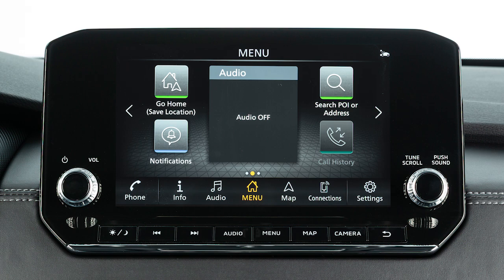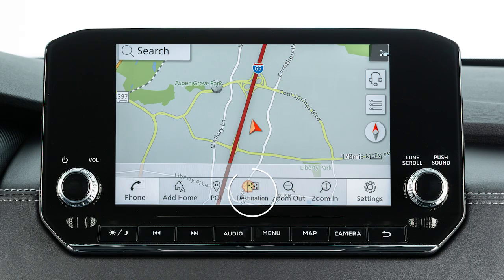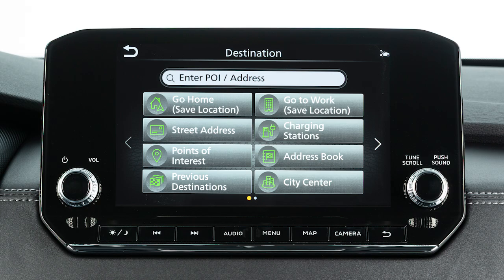If a route is not currently set in the navigation system, you can set a new destination by touching Map on the launch bar, then touching Destination. Touch an item on the screen to set the destination as your home address, if it has been stored,